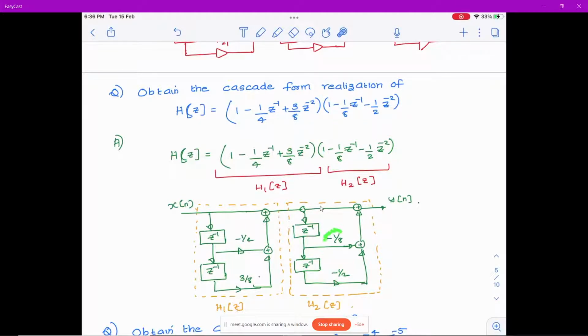So minus 1 by 8 into z raised to minus 1 minus 1 by 2 into z raised to minus 1 will get added here. And this is added with a 1, which means whatever is coming at this point passes through a point called 1, which will be added with the rest. That's all. This is your y of n. Okay. Cascade form also, only thing you want to make sure is it is given as the product of two